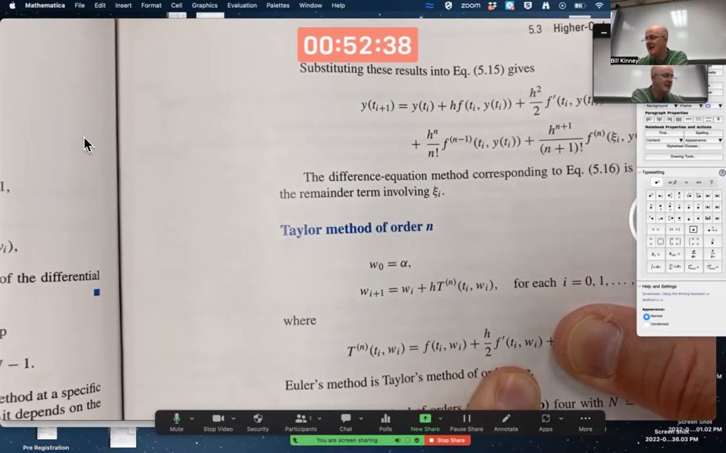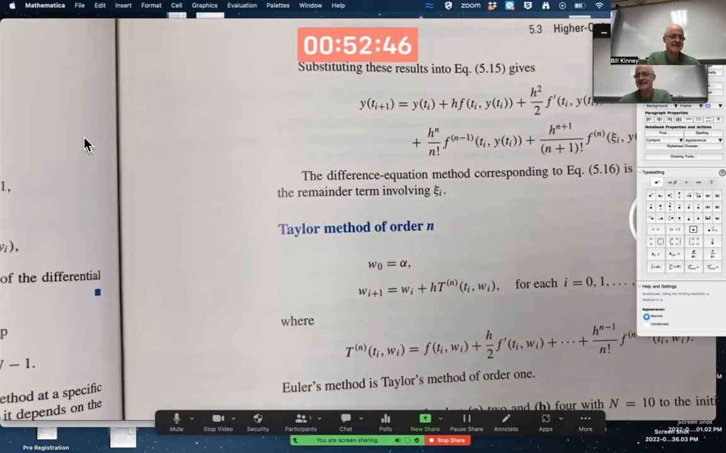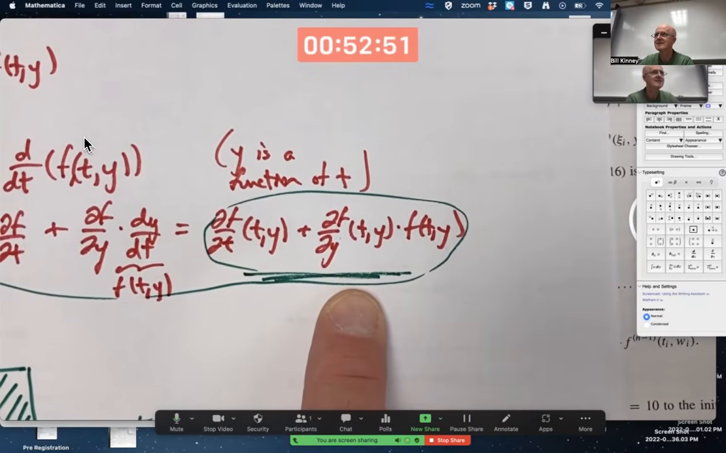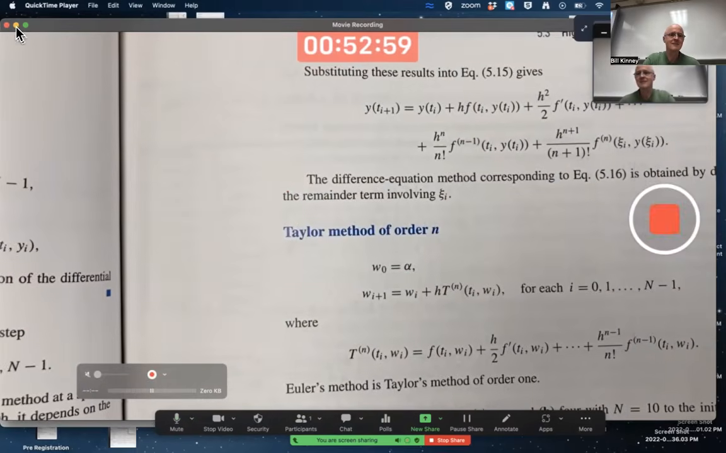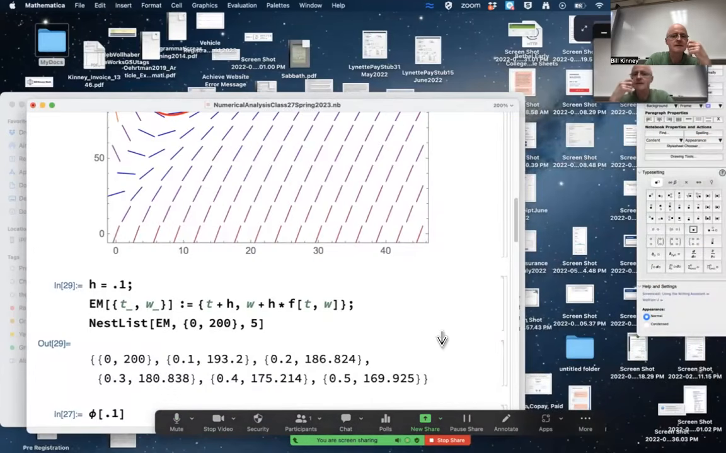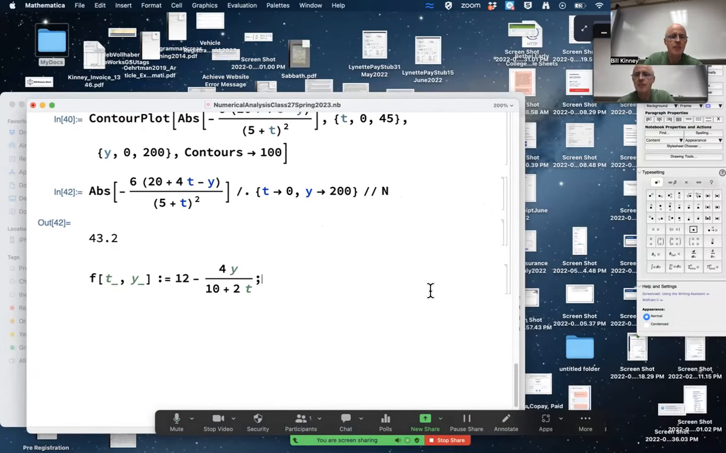H is the step size. What's f prime? F prime is the thing I just wrote down a few minutes ago. It really is that thing. How does that work out for our example? So again, here is f. Let's re-put this down here further. There's f. Didn't have to re-enter it, but